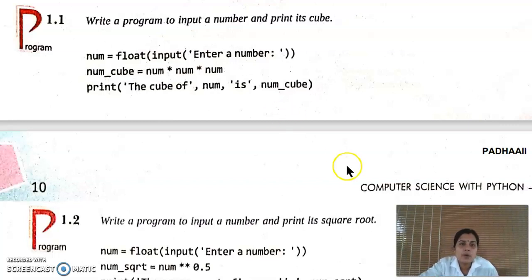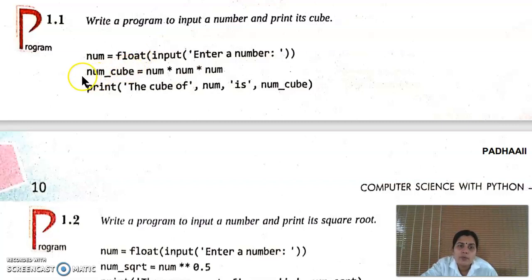In Python programming, we can enter input by using the input function. So here we use input, enter a number. It is converted into float because we have to find the cube of any number, suppose it is 3.5 or 3. We converted it into float because input is in the form of a string. So we have to convert it into float, which is known as explicit type conversion or typecasting.